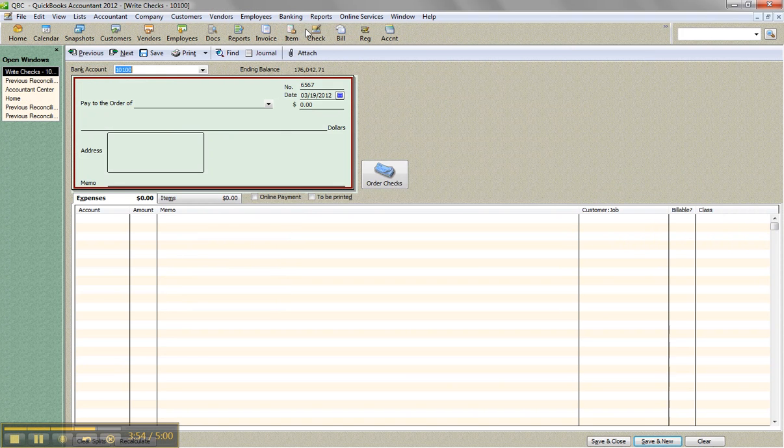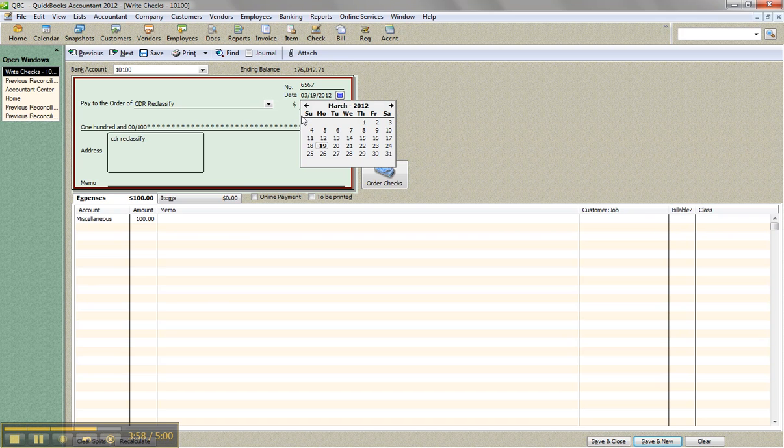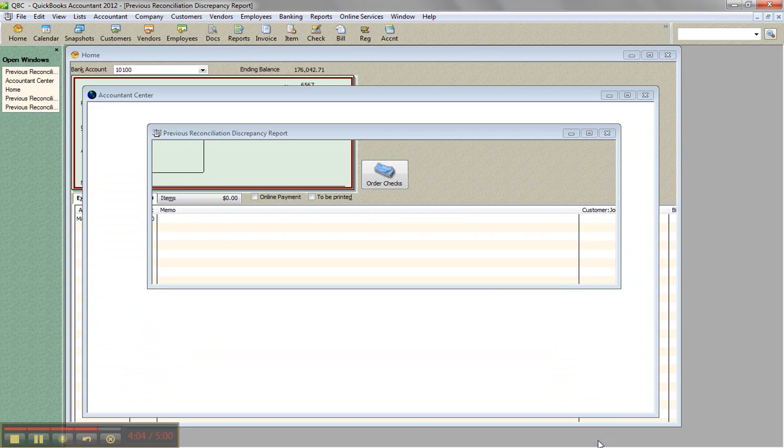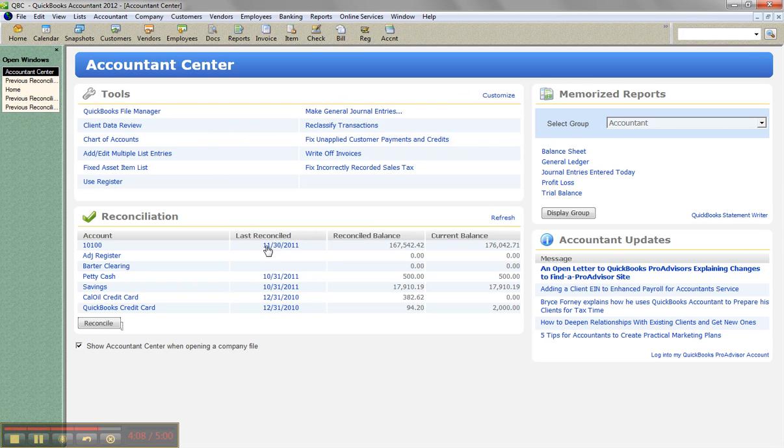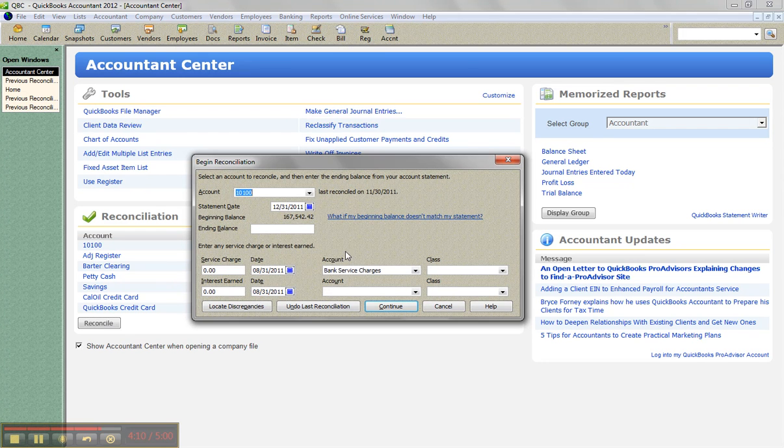I think it was November 1st, CDR Reclassify. Yeah, and we'll go back to November 1st. So put it back in, and $100. Click Save and Close. Then re-reconcile that particular month. So I'm going to click Reconcile. I'm going to put in 11/30, and I'm going to put in